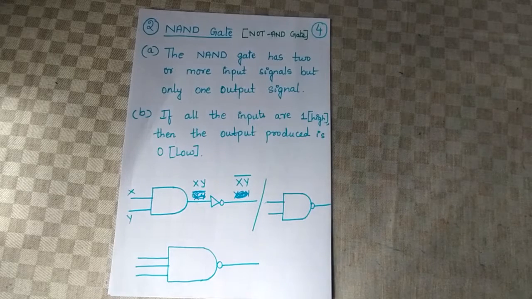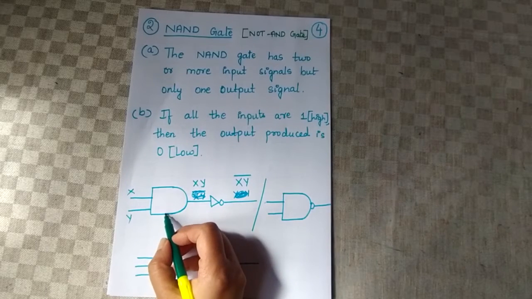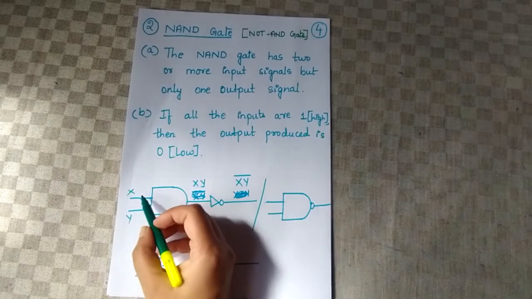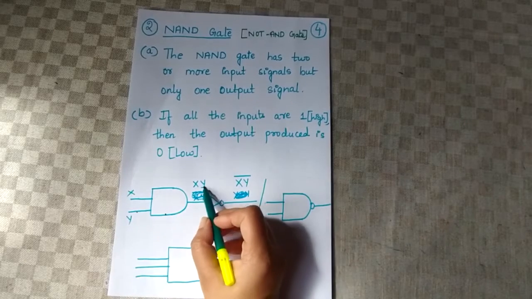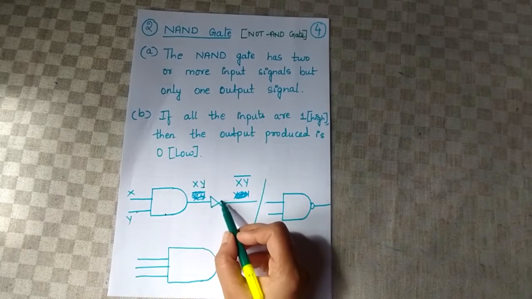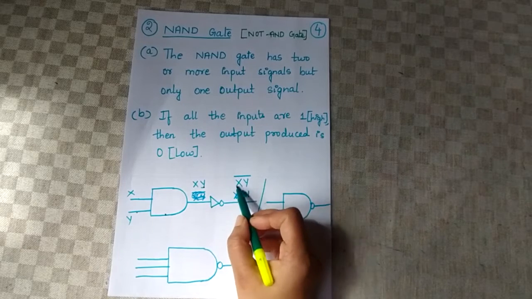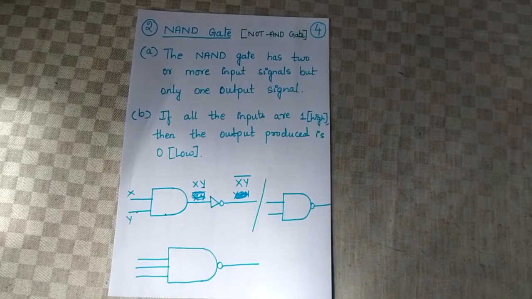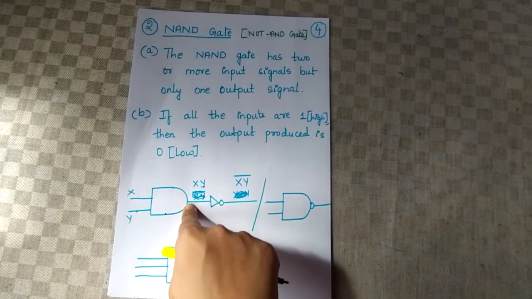So what we can understand with this is NAND gate works completely opposite to that of your AND gate, because NOT gate is applied to the AND gate, so it is going to invert all the values of AND gate, right? Now how the logic diagram is done. First you have to go for the AND gate logic diagram with 2 inputs, say x and y. It produces xy. Then you have to apply NOT gate here, which gives you xy whole complement. This is one way of drawing the logic diagram.